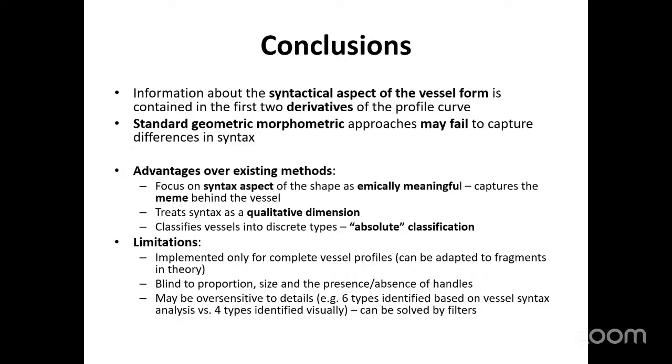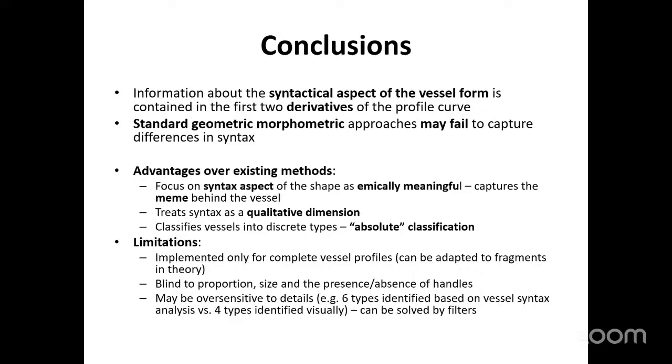Now, it has limitations, because here it's implemented only for complete vessel profiles, although in theory it could be adapted to fragments. Like I said, it's completely blind to proportion, size, and specifically for the presence and absence of handles, we have to figure out how to put handles into all this. And it may be oversensitive to details, because you saw there that we had 6 types defined by our method, but we only had 4 types